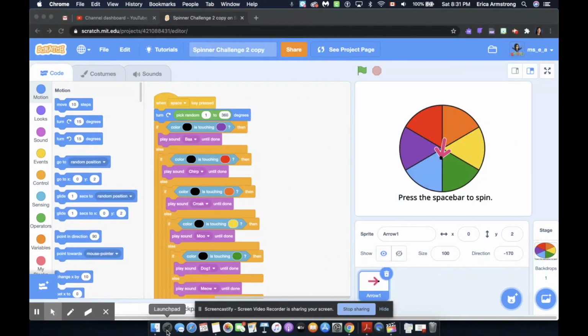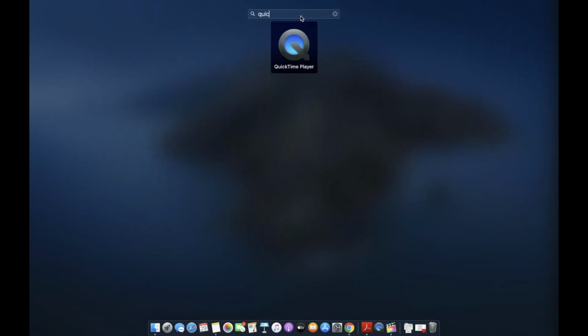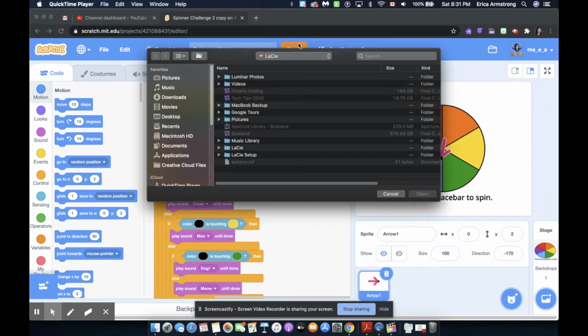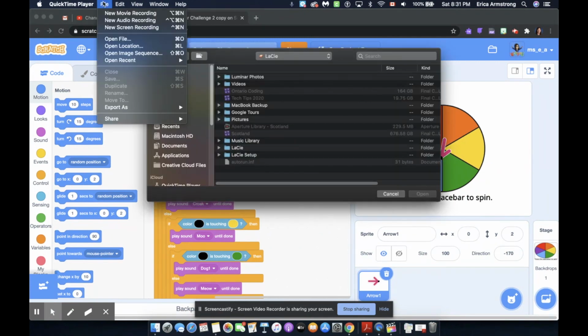So I use QuickTime to do all of my screen recordings. You just open QuickTime Player, and then you go up to the File menu, and depending on what you want to do, you have 3 different options here. You could do just audio if you wanted. You can do a screen recording or a movie recording. So one trick is I often start with a movie recording,